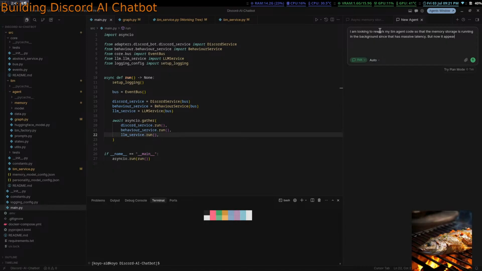But now it appears that something is just blocking. Can you find this bug? Keep your response within 4 sentences.